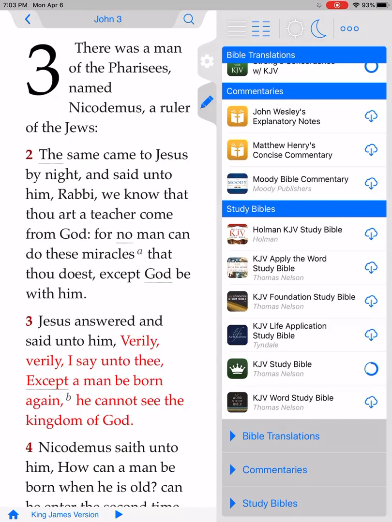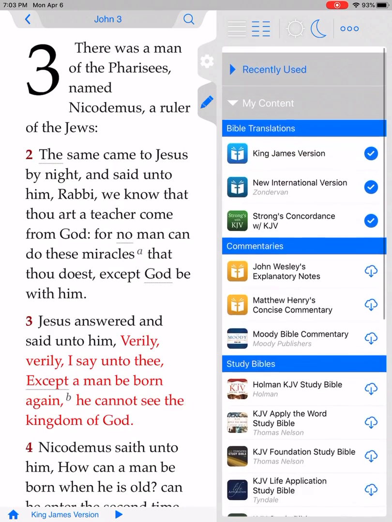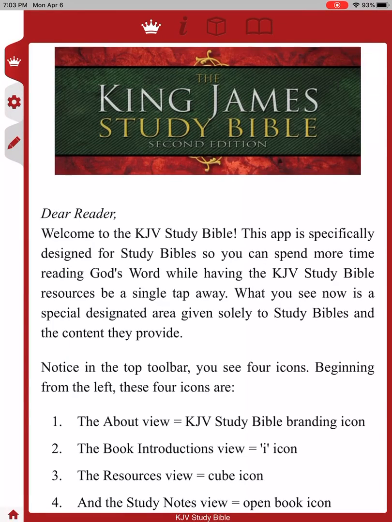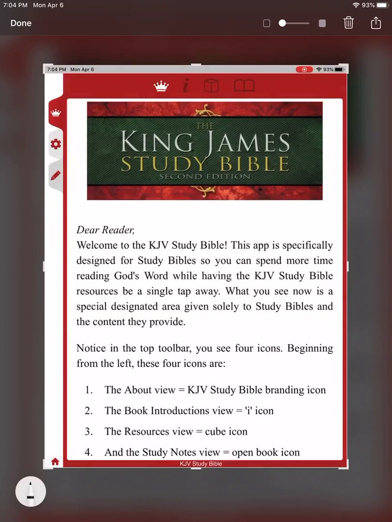KJV Study Bible by Thomas Nelson. And there's several of them. You don't have to choose this one. You go through and look at them all. But what's happened here since I've clicked this is it's actually downloaded this content to my device. So now I don't have to have internet. But what you get with this, once you download it and you click it, now you'll notice that I have, it comes up here and tells me about this. And you'll notice also that I have